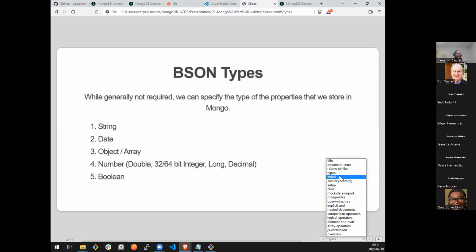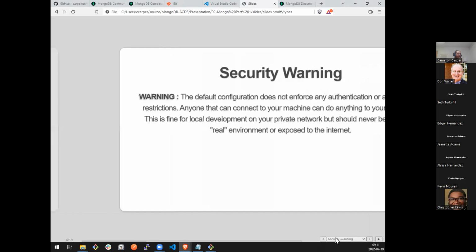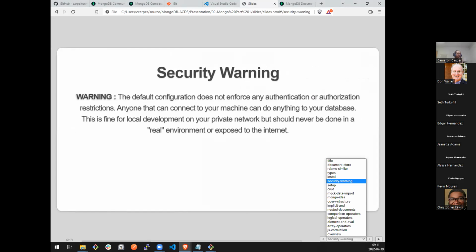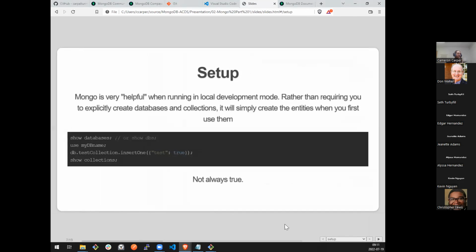So we just did our install and our security warning, which is what we just talked about. And I think a few quick commands, I will actually go execute these back on the Mongo shell, or the Mongo client. We'll run a couple of commands that'll get us a basic database set up, and then we will use that database when we load data and start querying against it later. This is going to take maybe 2 to 3 minutes, and that'll bring us right up to 9:15.